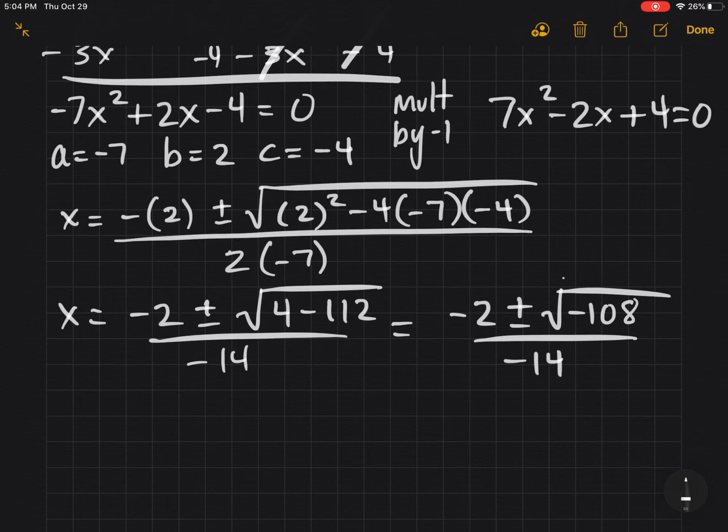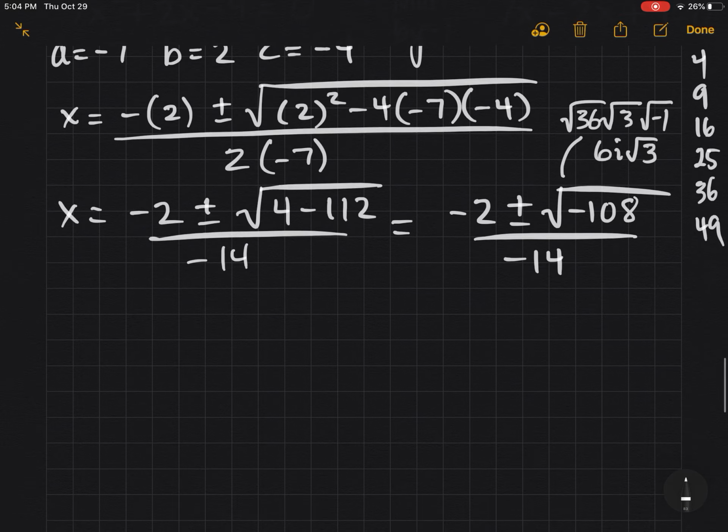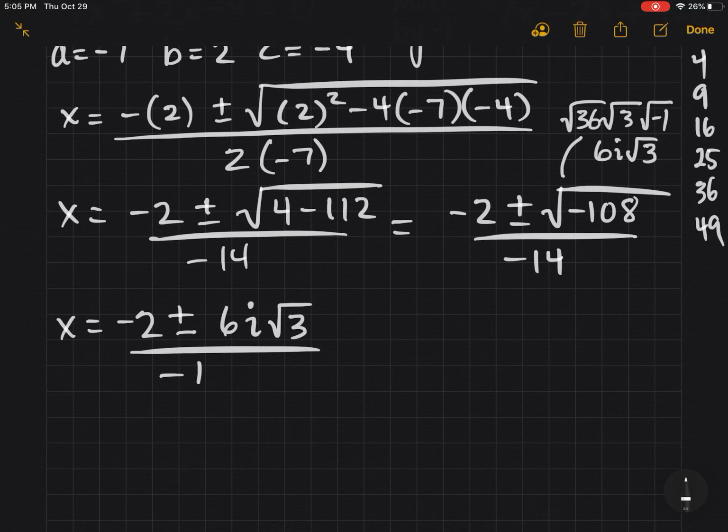So, a little sidebar. Remember, we want to find a perfect square. 4, 9, 16, 25, 36, 49. I want the largest one that goes in evenly. And it happens to be 36, times 3 times negative 1. So now I can simplify that to 6i radical 3. So I'm going to continue on, and I have negative 2 plus or minus 6i radical 3 all over a negative 14. So now